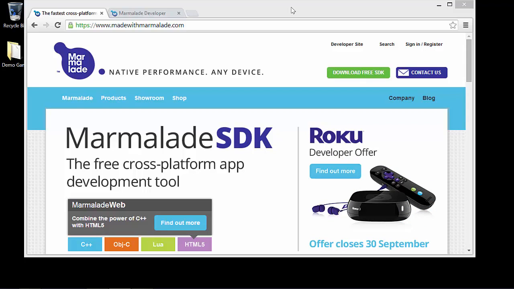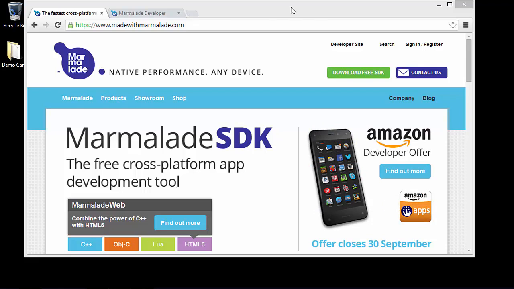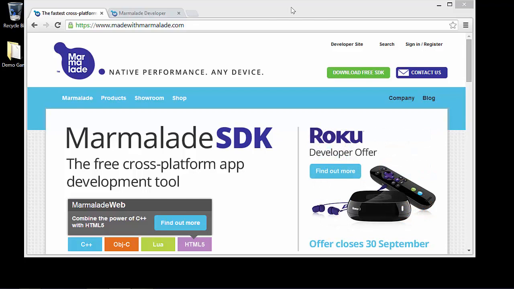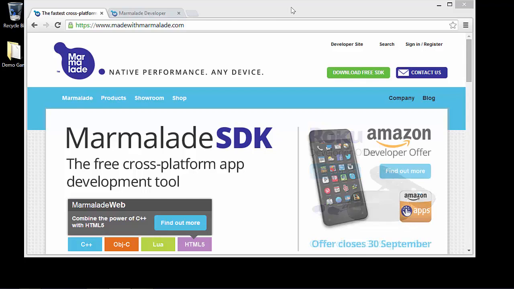In this walkthrough, which is going to be pretty short and snappy, I'm going to show you how to set up your free license, open and build your first project, and get it running on the desktop and on a device. The first thing you need to do is go to madewithmarmalade.com and download the SDK by clicking on the